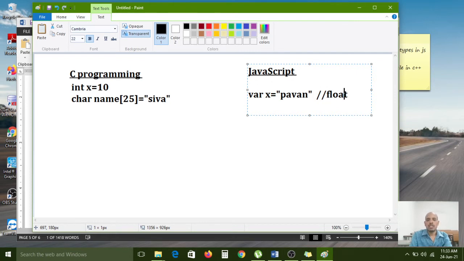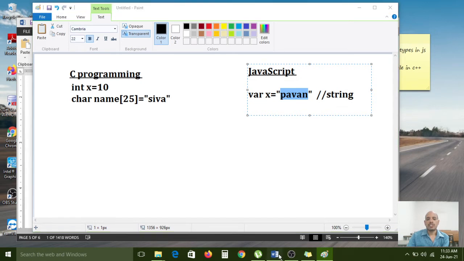In that case, the string type is assigned internally by the JavaScript engine. It depends on the value. That's why JavaScript is a dynamically typed programming language.